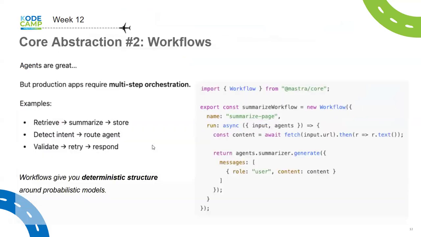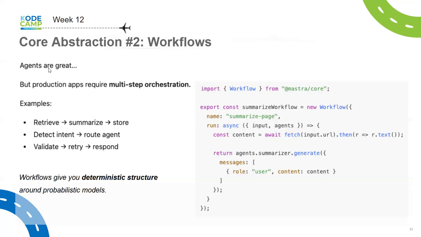Now, the next abstraction is the workflow. The workflow allows you to do what we call multi-step orchestration, where you can do multiple steps, give agents instructions at steps, or use multiple agents, and each agent does a specific thing at each step. In LangChain, this is essentially what is called chains, right? You are chaining runnables. In Mastra, you are building workflows and you are basically lining up agents.